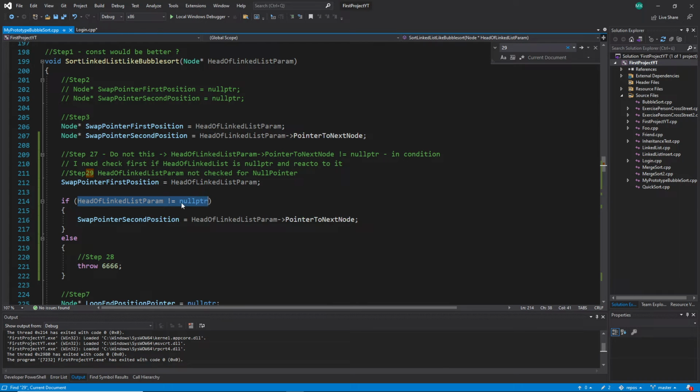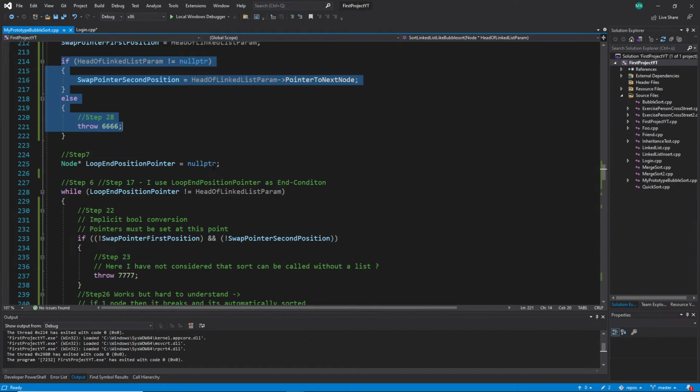If this is not a null PTR, then it will do this one, and if it's a null PTR, it will throw an error. Right, that was just this if check again, what I mentioned here. We have many conditions you can check with an if, very easy. And in my code, I finished now. I stopped here. There are many other errors, but there are many other errors I want to show you now with